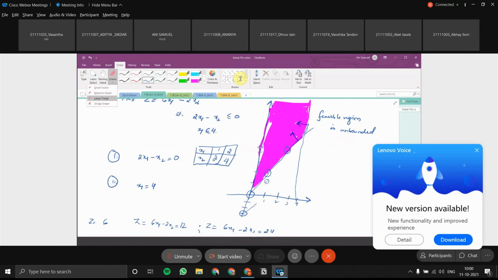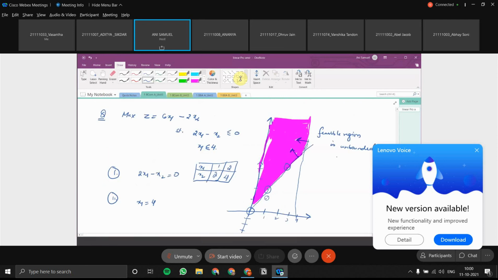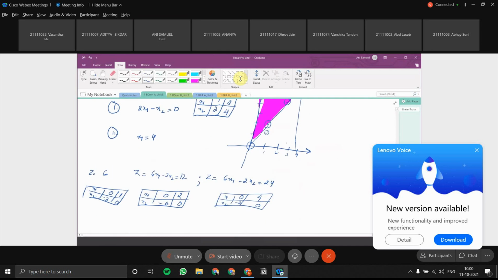Now, in order to see what it is actually doing, I think it is better for you people to do it on your papers because this might not come out right. Since the intervals I have taken are not proper, let me try again, because the way I had done it is not even passing through the region.